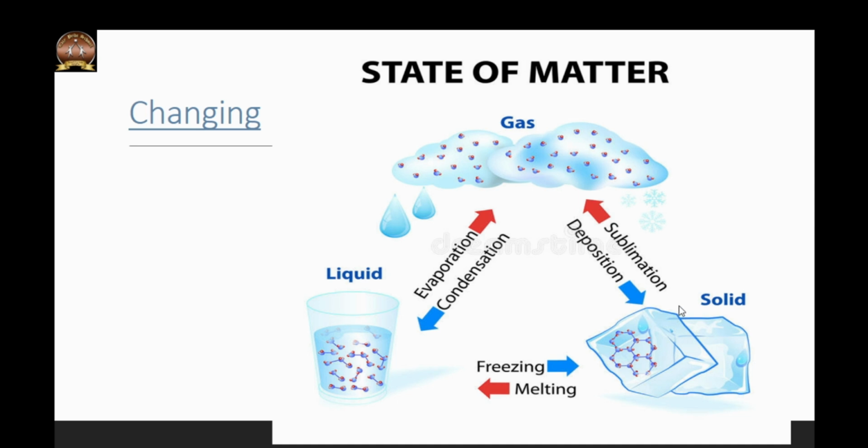We will be focusing more on two new terms, that is the phase change of a solid to the gaseous state without undergoing an intermediate liquid state. This phase change is called sublimation. The phase change of a gas from the gaseous state to the solid state without undergoing an intermediate liquid state is known as deposition. Let's take a closer look at these two phase changes.